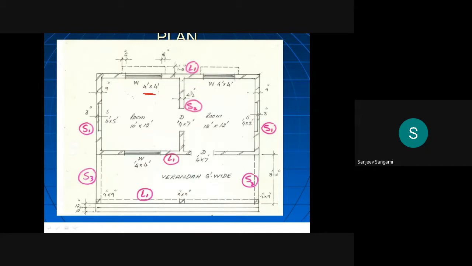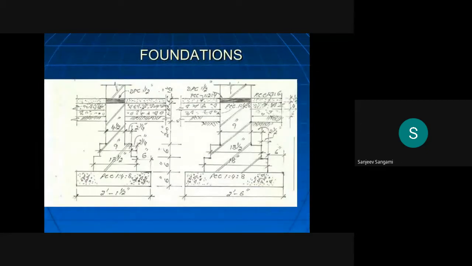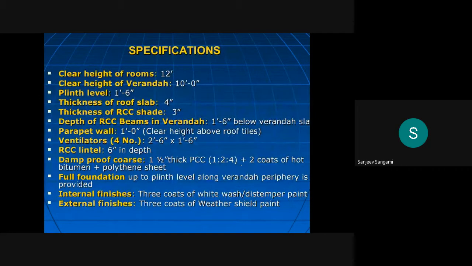I'll share the images, and this is the foundation structure. Here you have PCC, the foundation. Above that we have the first footing. Then above that we have PCC, a little bit complicated. So how many inches or feet, or how much will it be there? Just try to work this out. I'll share the images, and these are the details.